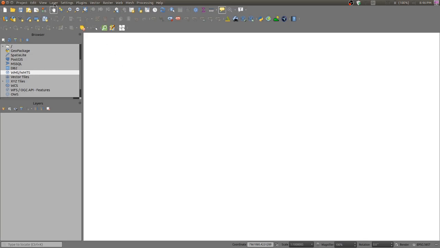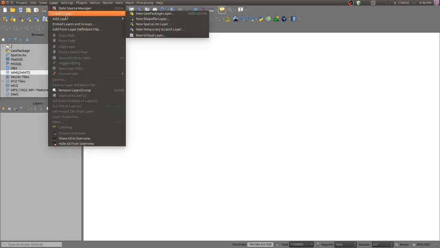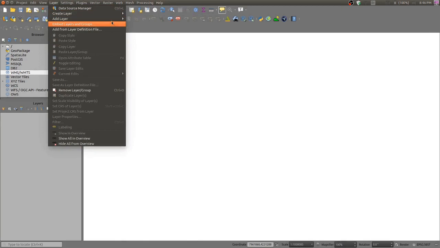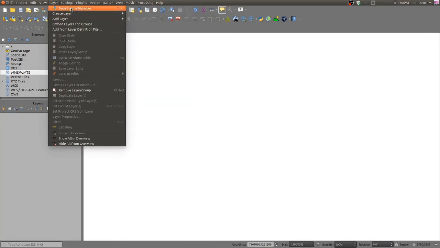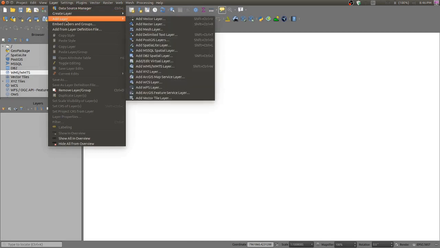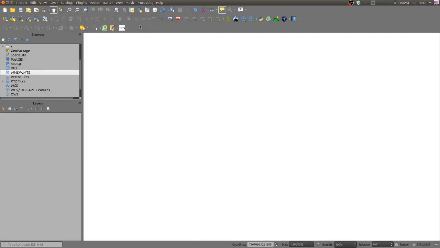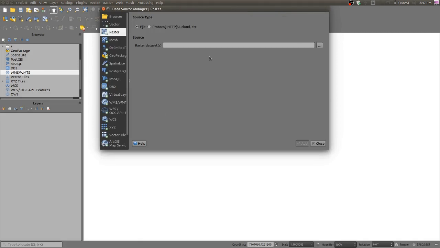In this case, I will be showing only one, that is Cartodem. You have to go to layer, add layer, raster layer, and go to that particular directory where you have downloaded the file.